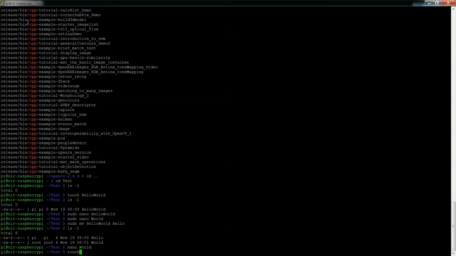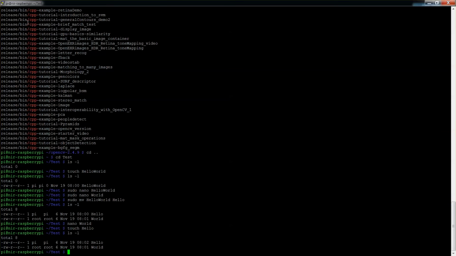So if I now do touch hello, now you can see that the date was updated. So now if we want to change the mode or the permission on the file, you can see them over here. The first bit tells us if it's a directory or not. When there's no d in it, it means that it's a file. If there's a d, it's a directory. And then we have read, write, execute, read, write, execute, read, write, execute for the user, the group, and then basically everyone else. So if you want to change those permissions on a file, you can use the chmod